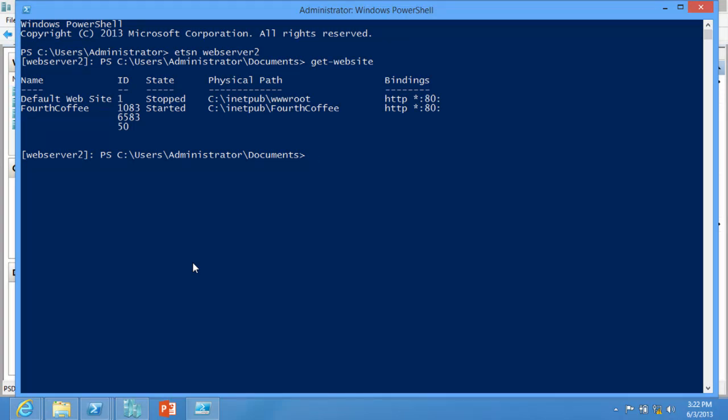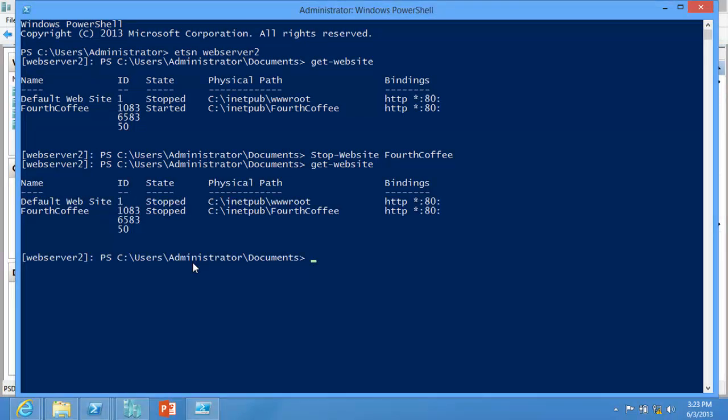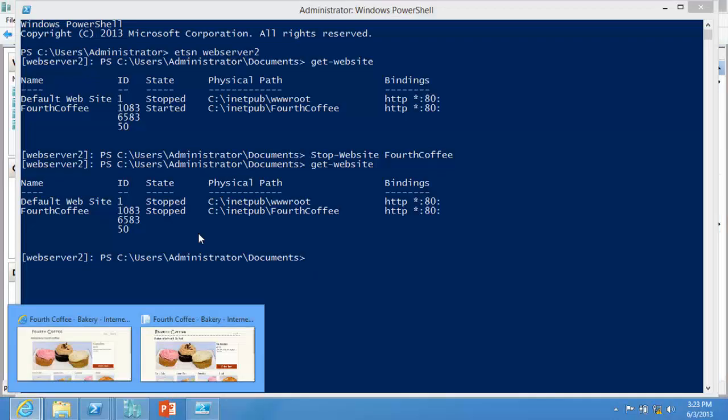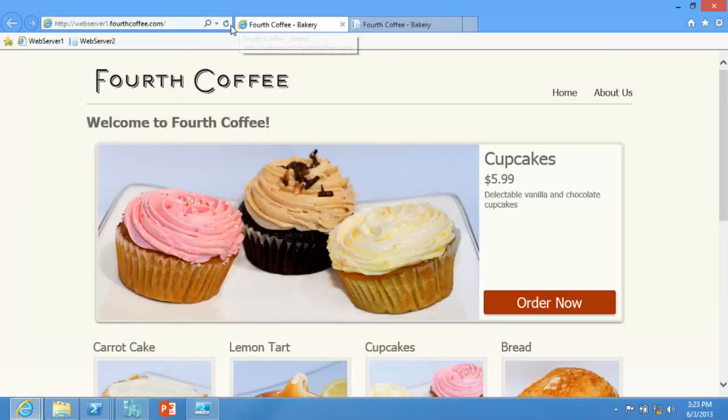That's right. All right, so here we've gone ahead and removed all the images for one website. We're just going to go ahead and stop website four, coffee, watch my typing. I'm a bad typist. That's why I like up arrow. Okay, in theory it stopped, and if we come back here, prepare for a moment of sadness. Oh. And that's just going to take forever.